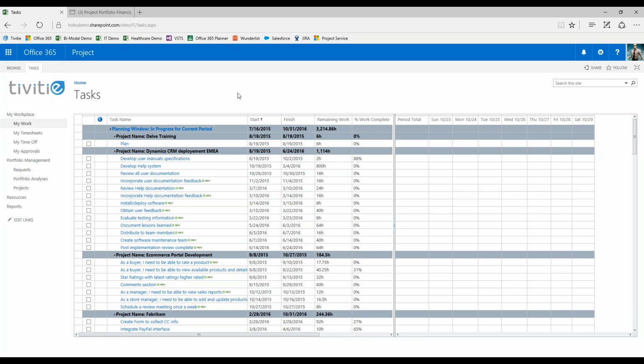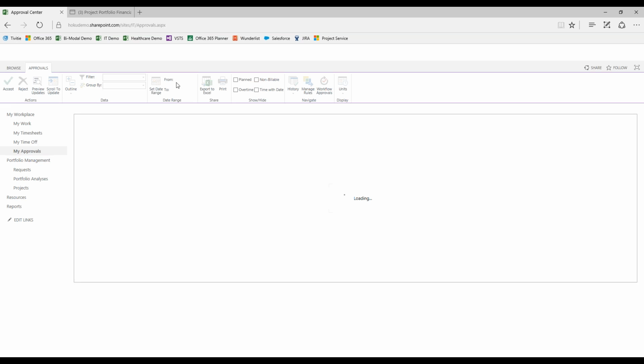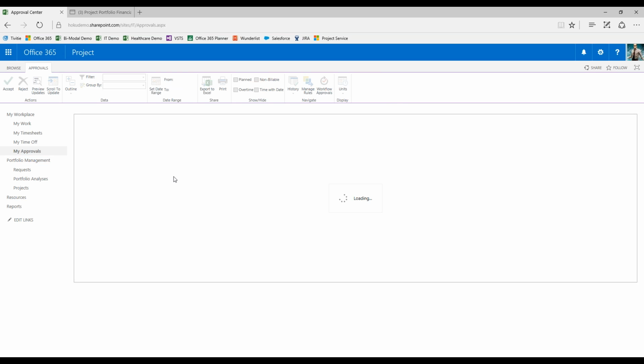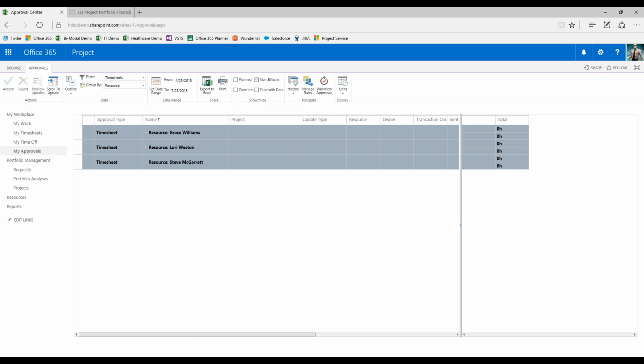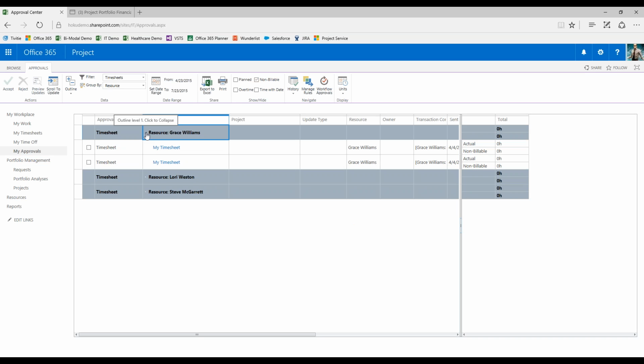to make that happen. And regardless of how you actually update your time or your tasks, you can actually establish and configure the approval process so that your managers, both from a project management and a functional management perspective, can go in here and approve the time that's required so that we have some validation and some integrity to the data that moves on through from an actual perspective. And you can even delineate this into billable versus non-billable time if you're a billable type of organization, or even if you're doing internal chargebacks within your organization.